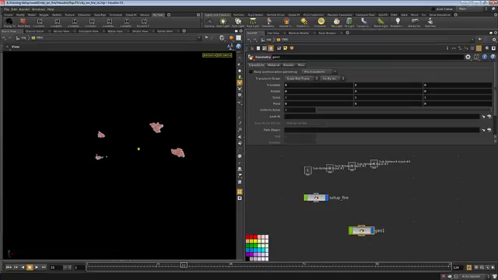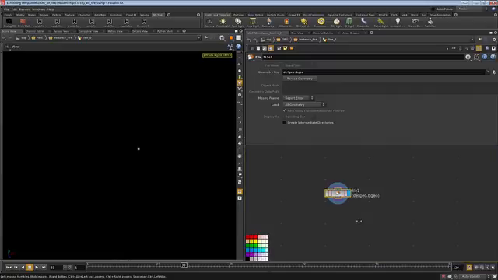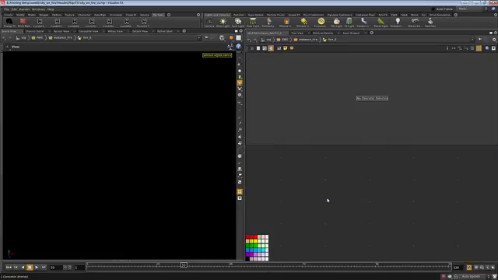Okay, so I'm gonna call this one fire 0, and I'm gonna create a subnet, and this one is gonna be called instance fire. Okay, so let's just dive straight in here inside the geo. I'm gonna get rid of that file. Here I don't need anything, just a null. Let's call it render,